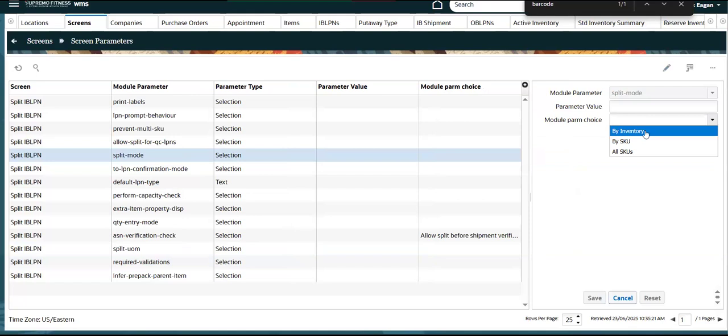You want to go with inventory? It means SKU and quantity, or do you just want to scan an item? Whatever items you scan, that much quantity you will split. You try it. You try these scenarios. I'm going with by inventory, so I need to give item and quantity. If it is blank, it will take the by inventory parameter, and we need to scan item and quantity, that much